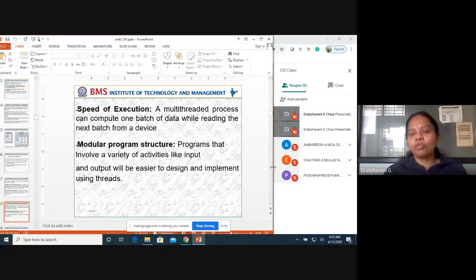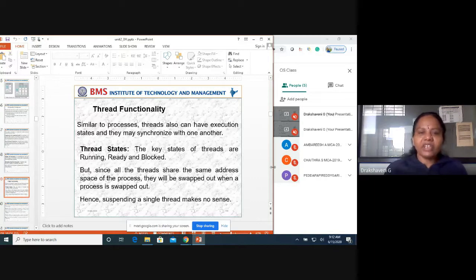Module means each module will be there and each activity will be done. Modular program structure: programs that involve a variety of activities like input and output will be easier to design and implement using threads. Thread functionality: similar to a process, threads can also have an execution state and they may synchronize with another thread.